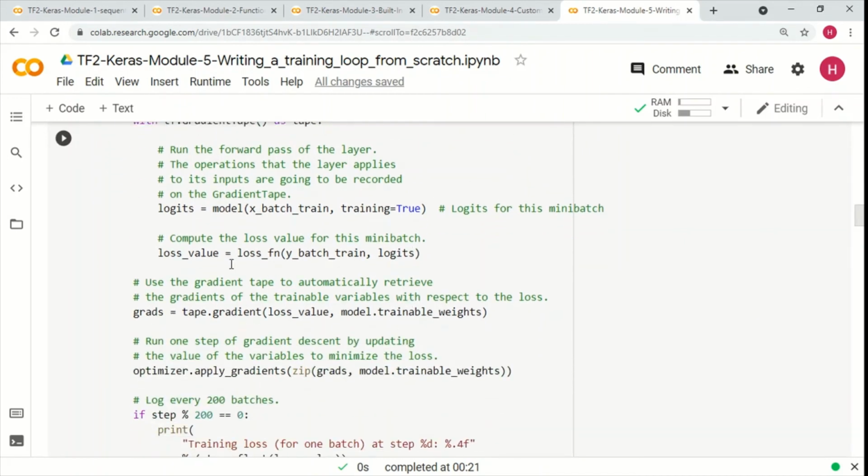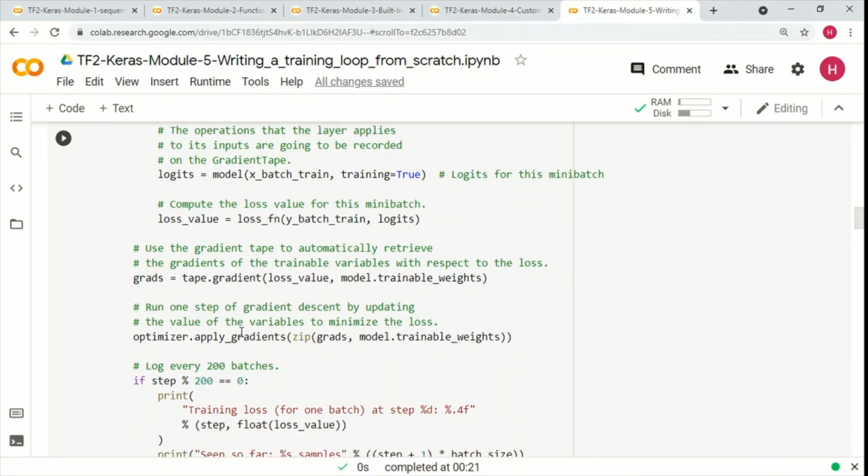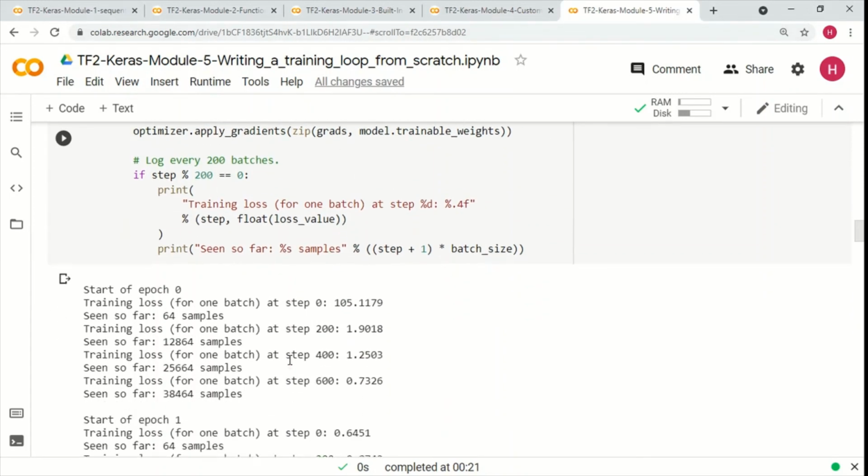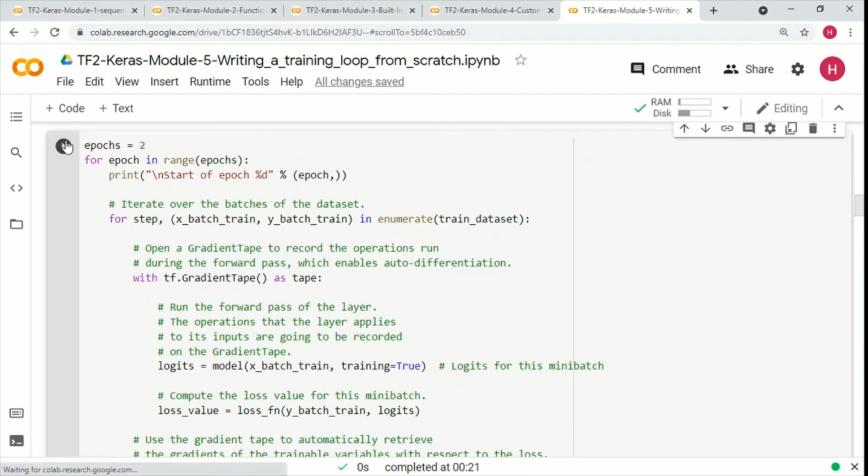We calculate the logits by passing the input to the model, and then we calculate the loss by giving the predictions and the actuals. Then we calculate the gradients, and we apply them using optimizer.apply_gradients, and then we log the metrics here. So we have written the whole training loop ourselves. Just compare it with model.fit.